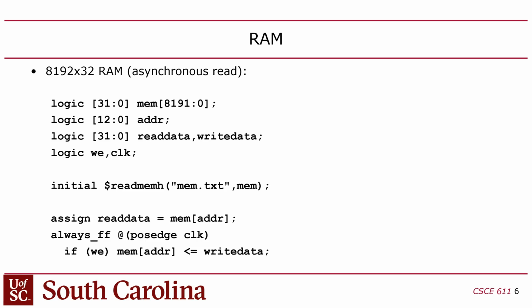Now I could add another line of code in this always and add another write port. Likewise, I can add another read port. In fact, I can add as many read ports and write ports as I want in this code. But there are practical limits. In real hardware, it's usually not feasible to have more than 2 or 3 ports on a RAM. But Verilog doesn't care. I can create as many ports on this as I want. But then if I try to synthesize it on FPGA,